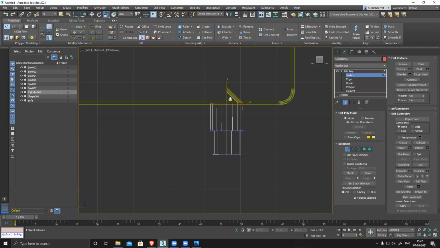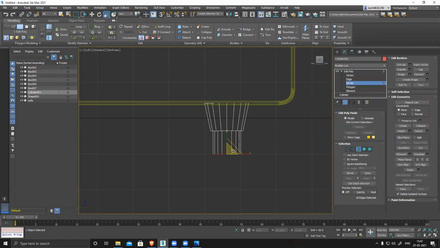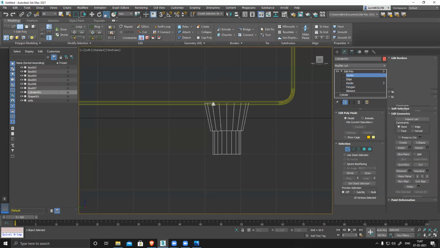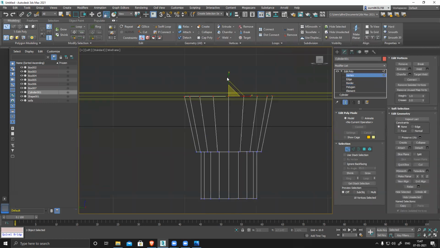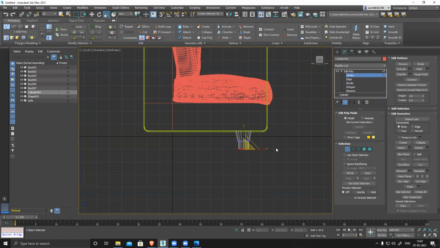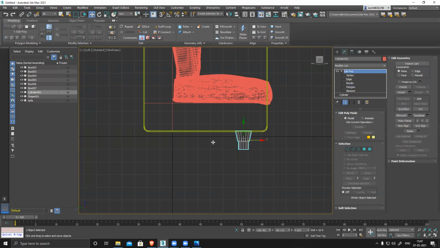Vertices slightly angular, border inside, and collapse. And suppose something is a little off, this is not perfectly straight, so scale it like this and make sure it's perfectly straight. Now it's done.